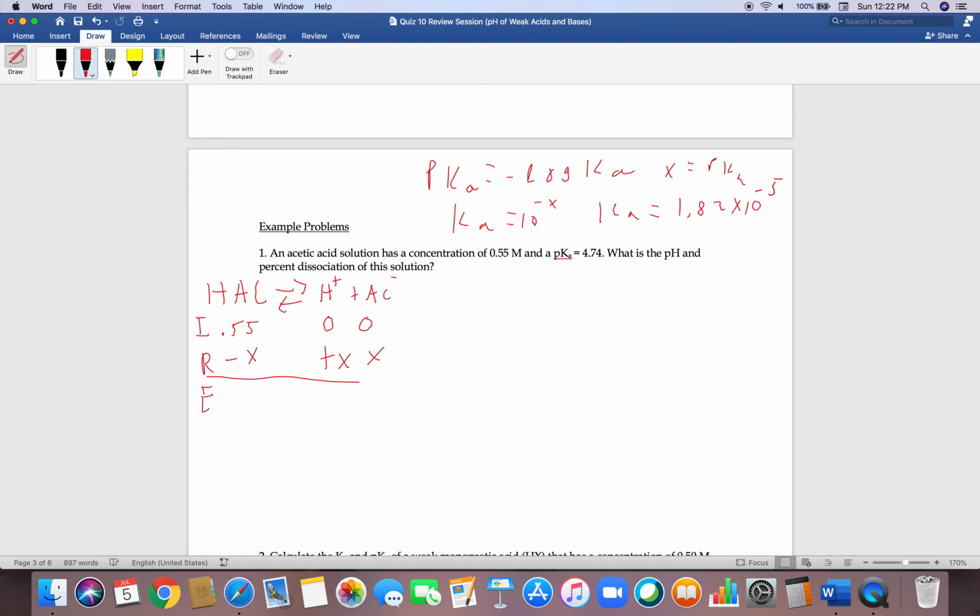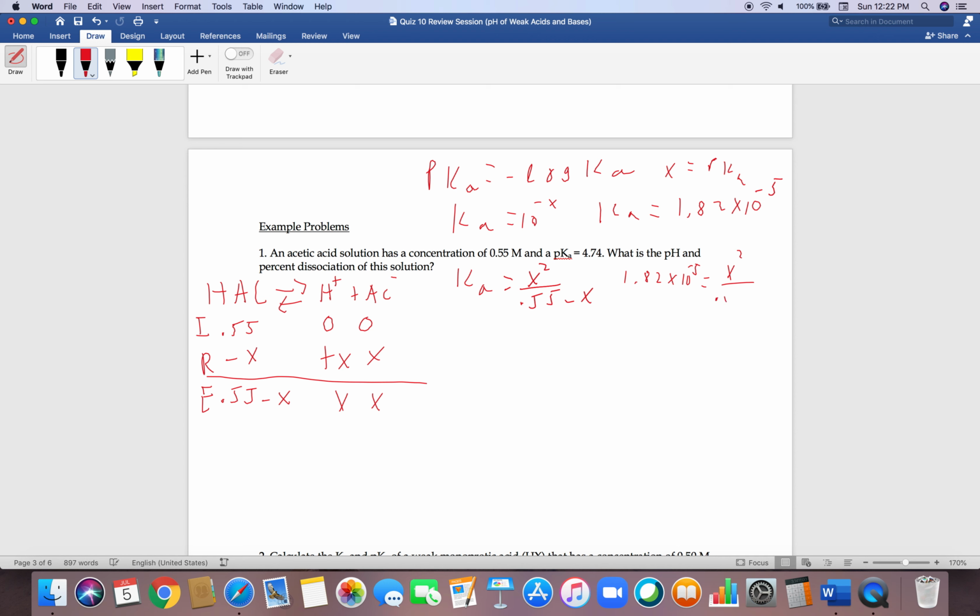So at equilibrium, I have 0.55 minus x on my reactant side and x on my product side. So my Ka, our equilibrium expression, would equal x squared over 0.55 minus x. So here you go. We have x in the denominator, and we want to know if we can drop it. Well, the Ka we just found equals 1.82 times 10 to the negative fifth, and this equals x squared